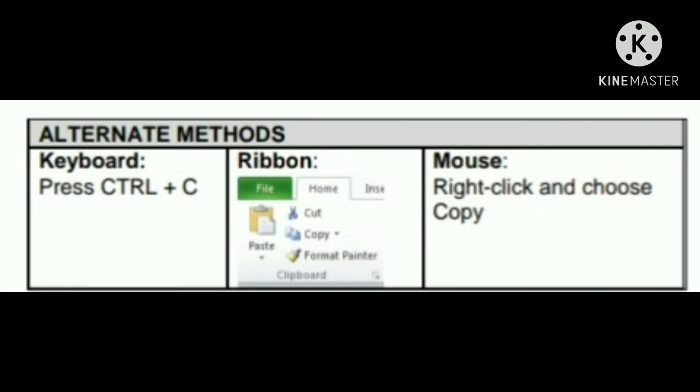To copy a formula using copy and paste, first click in the cell that contains the formula. Second, select copy on the home ribbon in the editing group. Third, highlight the cell where you would like to paste the formula. Fourth, select paste on the home ribbon in the editing group.